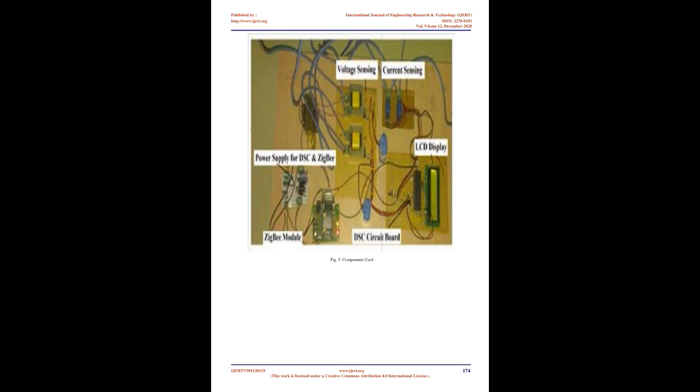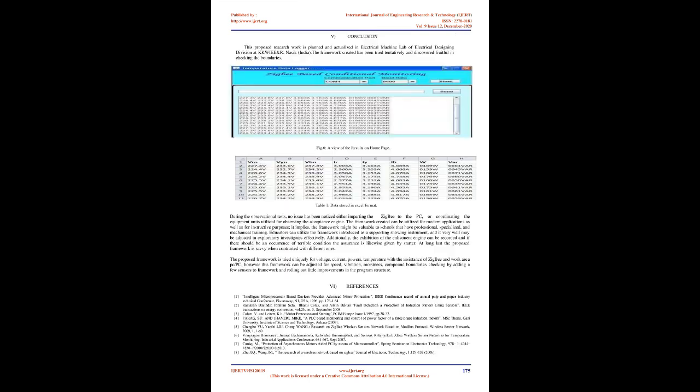Examined in two main categories as hardware and software. The functions of each part of the system are described in the following sections in detail. Hardware. The system consists of a 3 HP/1440 RPM, TEFC type 3-phase induction motor, and two voltage transformers. Fig.2, current measuring circuit. Two signs for voltages, two signs for flows are utilized as contribution to the A/D module of the DSC and one sign for temperature is utilized as advanced contribution to DSC.